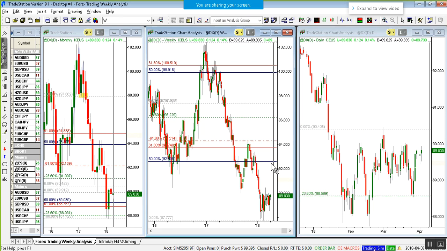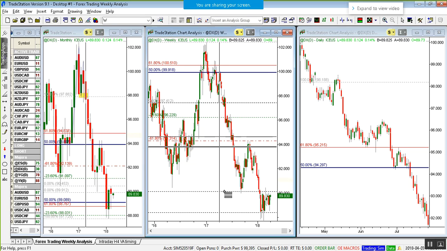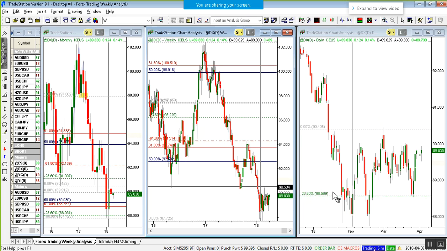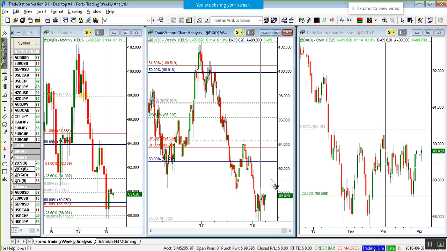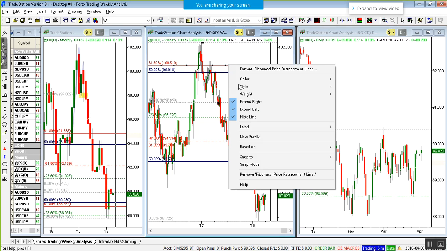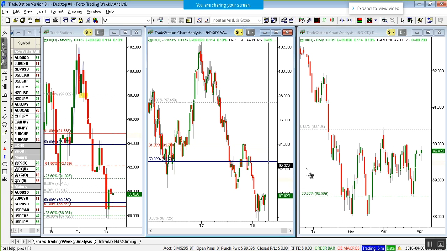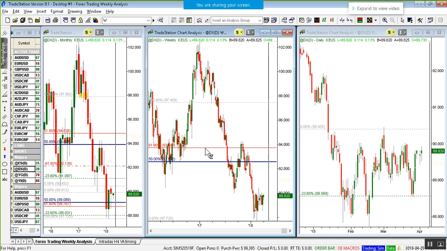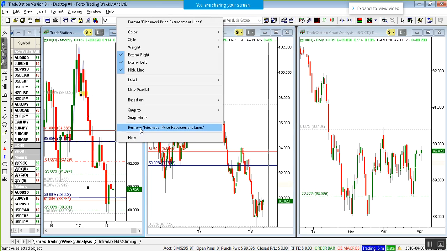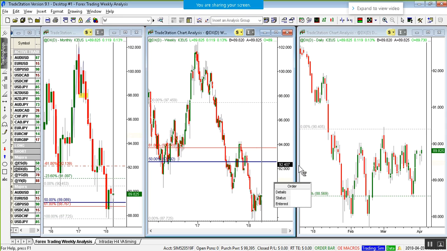Now on the larger time frame, you remember that there is an extension short here that traded into that first target. So the next measure move is going to be 92.59. That's where potentially we could see participation from the weekly short. It doesn't mean that the market is going to get there. What it means is that there is a potential for participation in that area.